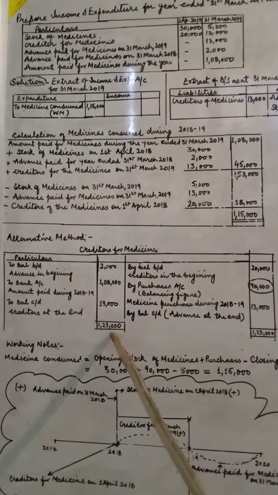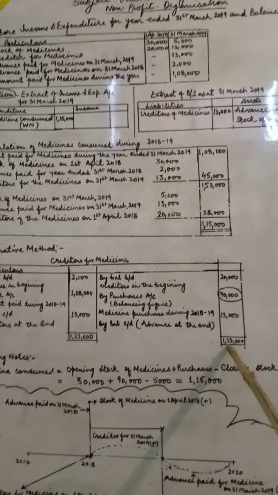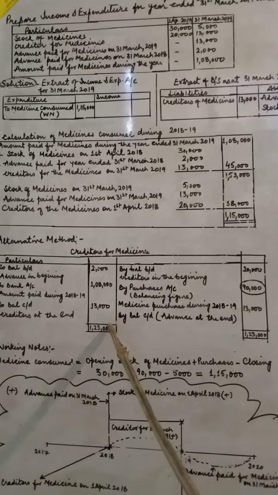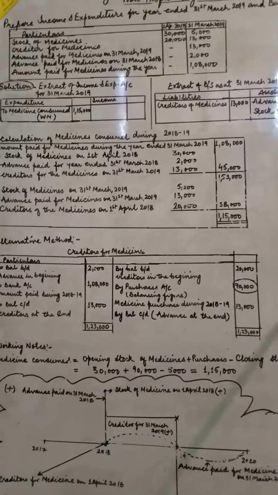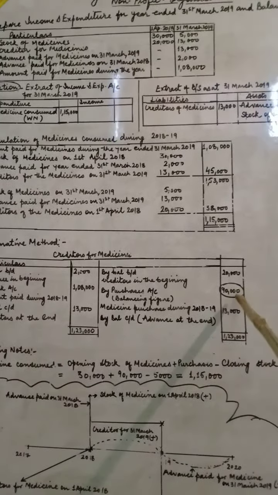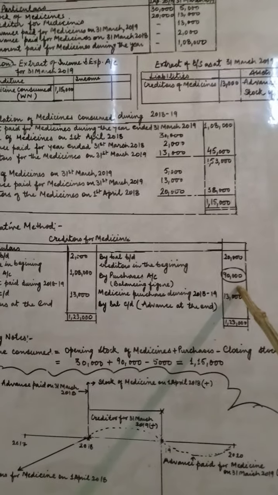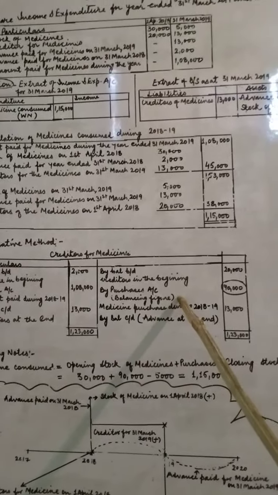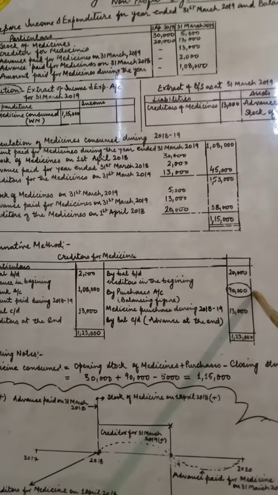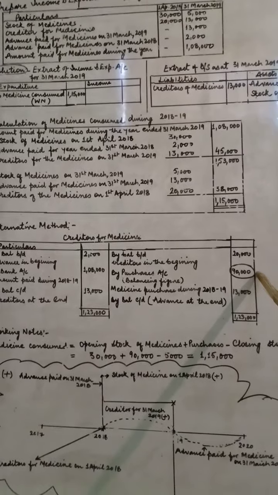Balance the debit side. It has 1,23,000. Put it there also. The bigger side balance will be written on both sides. Now balance your credit side. You will have the balance 90,000. This missing figure 90,000 will be treated as purchases during the year. So it means that total purchases become 90,000 when you balance it.